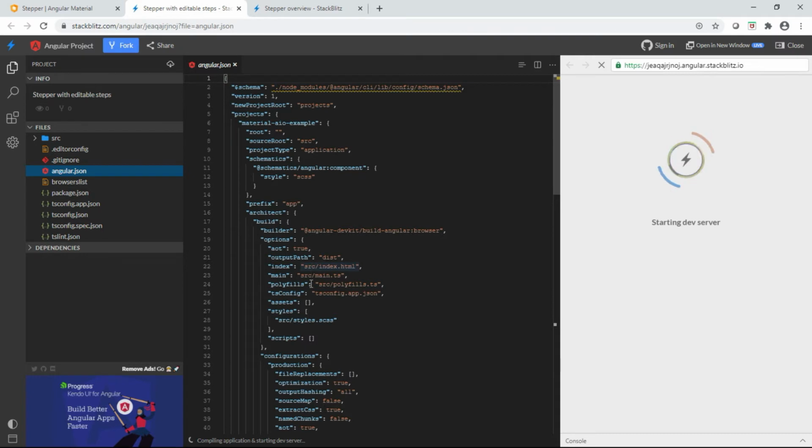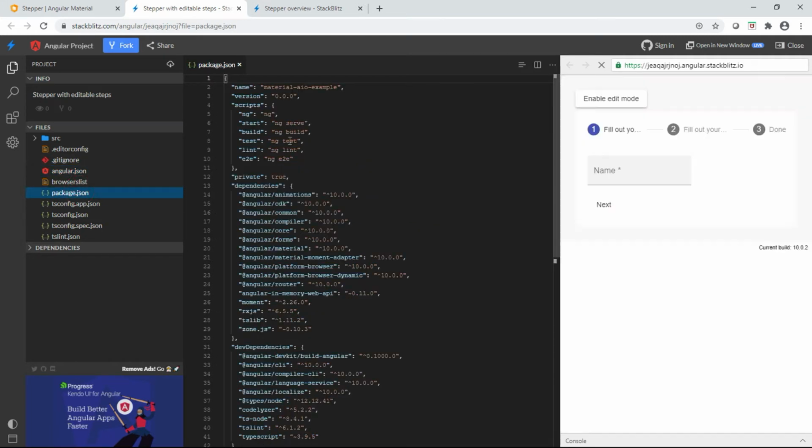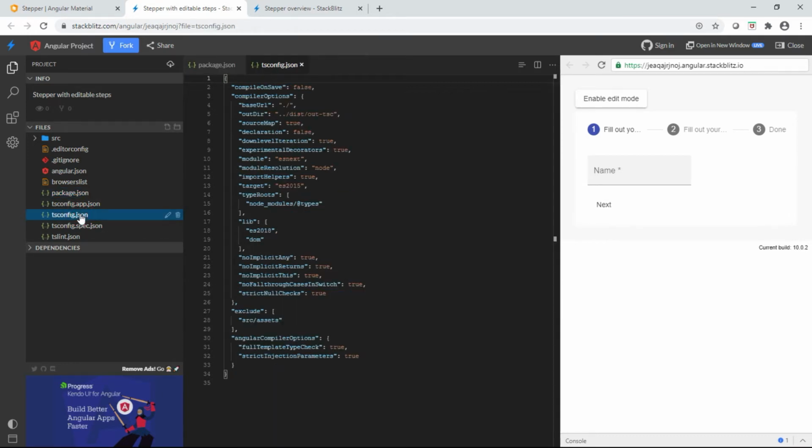Describes my applications and my configurations of my builds and stuff like that. And then I got the package.json file, which basically shows me my commands and my versions of Angular I'm using, which packages I'm using. There's the tsconfig, which shows my TypeScript compiler options. And then if I go into the source code,